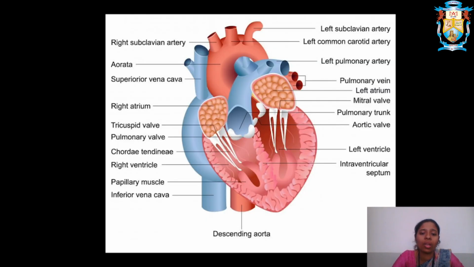So this is the overall heart diagram, wherein we can see the musculature and also the membranous structure of the heart. Here you can also see the superior vena cava, the inferior vena cava, the pulmonary artery arising from the right ventricle of the heart, the systemic aorta arising from the left ventricle of the heart, and also the bicuspid and the tricuspid valves.